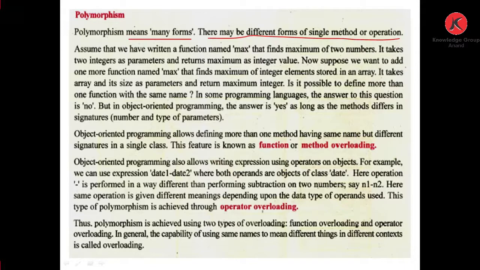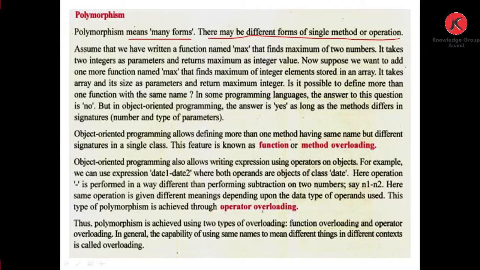Now suppose we want to add one more function named max that finds the maximum of integer elements stored in an array. It takes the array and its size as parameters and returns the maximum integer. Is it possible to define more than one function with the same name?